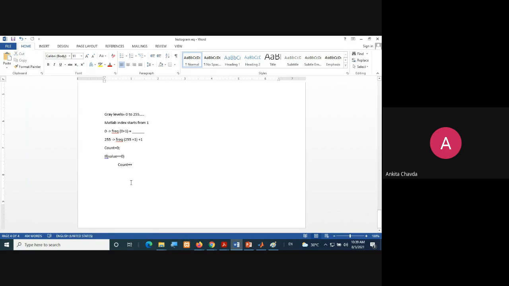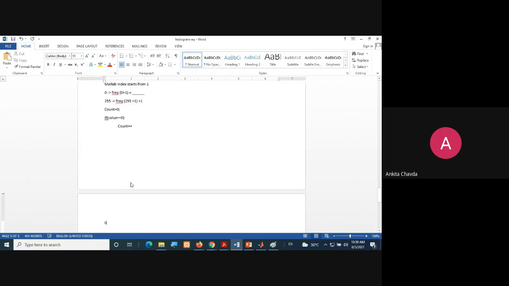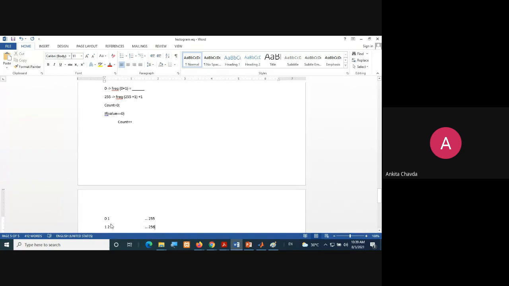So whatever I am having with my value 0, my grayscale value 0 means black color, that I'll store into number 1. Whatever is there with grayscale value 1 will be stored as 2. So everything with plus 1. My last gray value, 255, will be stored into 256, right? So I hope this is very clear. Always we will store everything at plus 1.